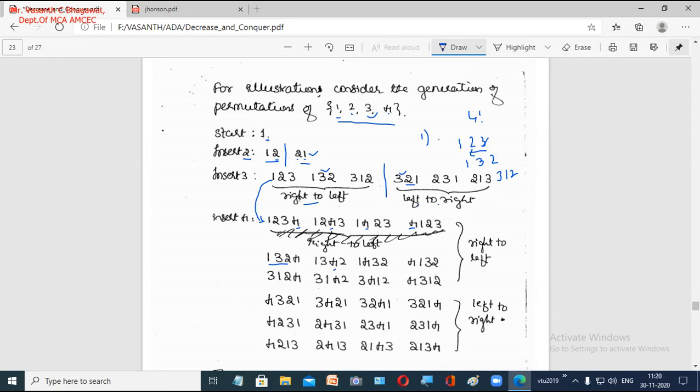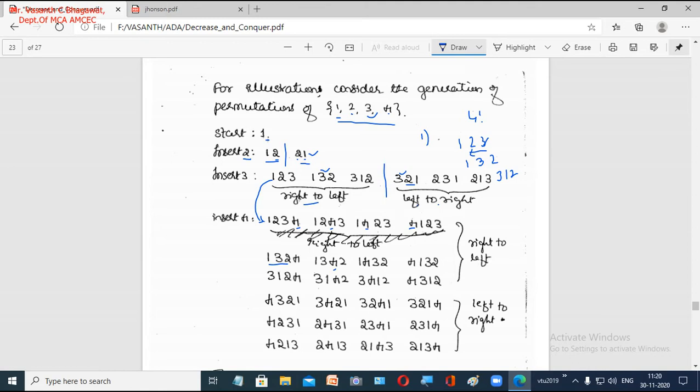From the right side it keeps on moving towards the left side. So 1 3 4 2. This is another way you can arrange these 4 numbers. Next, 4 comes before 3, so 1 4 3 2, that is a new way of arranging. And the next time 4 is inserted at the first position, so it comes here: 4 1 3 2. This is another way of arranging. So with 1 3 2 we generated another 4 different ways of arranging.